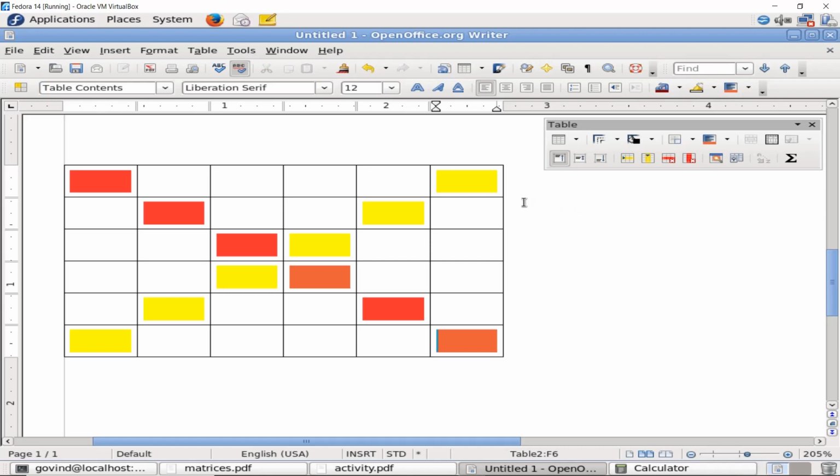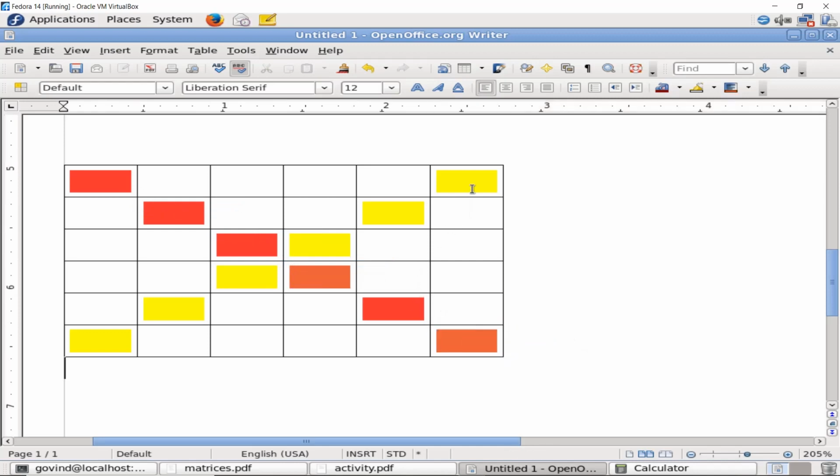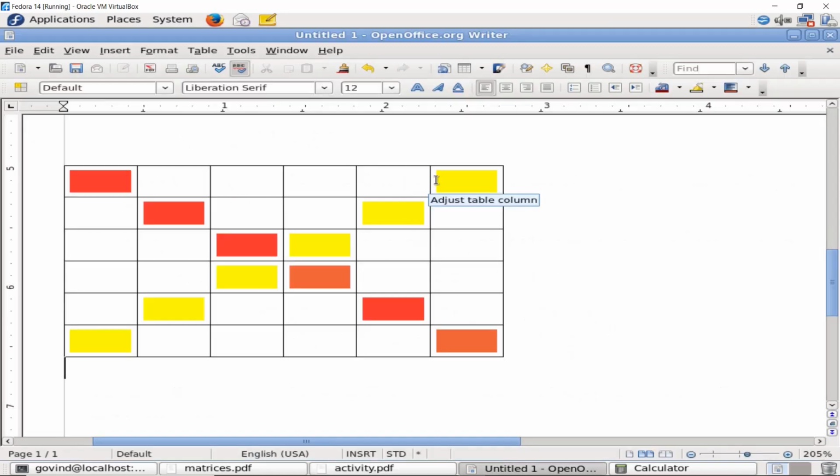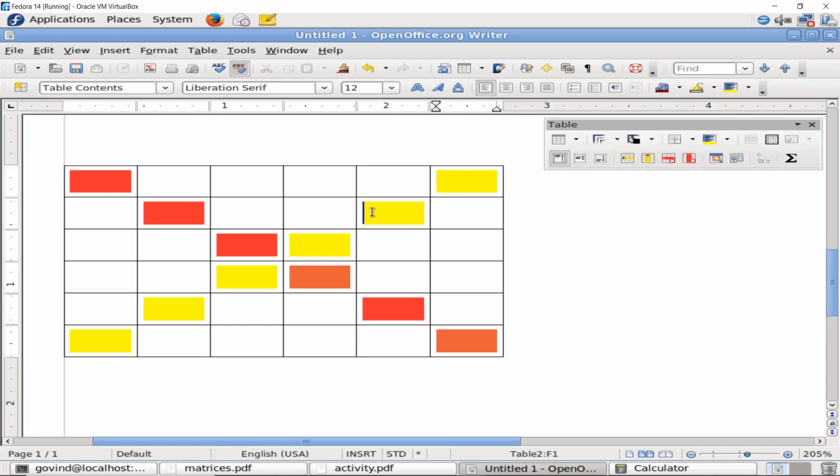The cells indicated with red color are the primary or principal diagonal elements. The cells indicated with the yellow color are secondary diagonal elements. This problem requires us to find the sum of secondary diagonal elements of a square matrix. So you need to find the sum of these elements.